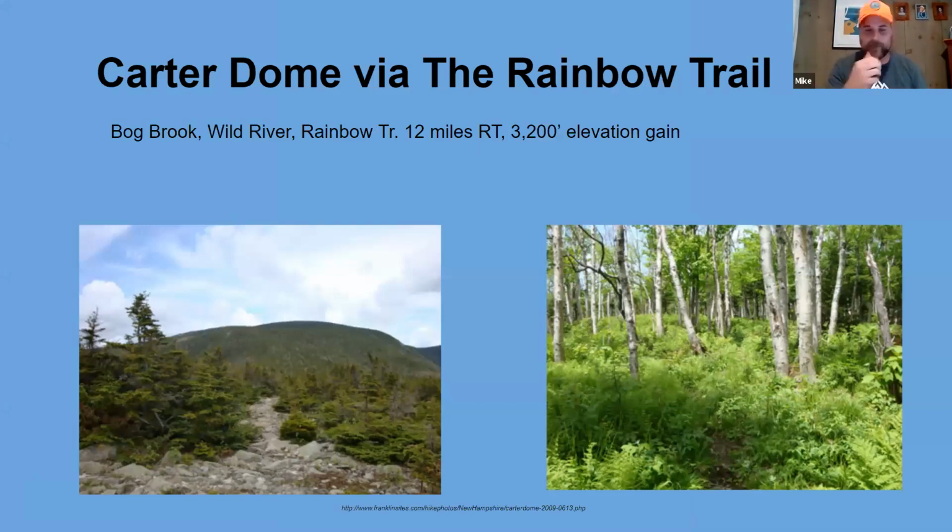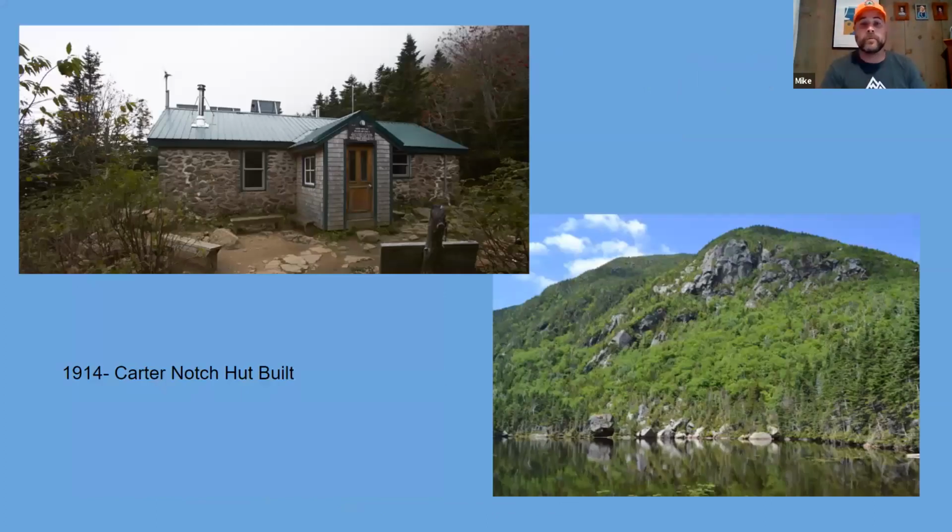Neither of these are my pictures. The one on the left is a photograph from Rainbow Ridge, and I wish the person had turned the camera just a little, because the view of Washington from Rainbow Ridge is awesome. You crest up to the ridge and it just opens up right in front of you, really beautiful. And on the way up, you have these great birch glades that just scream succession. If you wanted to take a picture of succession in action, it would look like that on the right. Then you head up to Carter Dome, and on your way back down, you can visit Carter